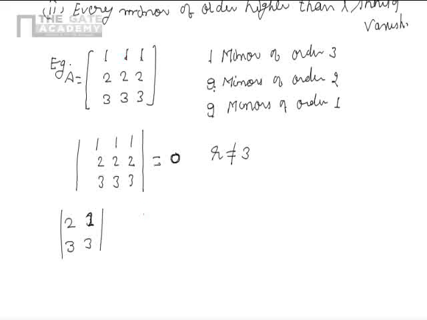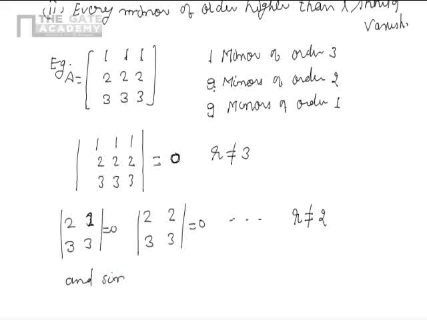For A12 I can write 2 2 3 3, and similarly all the minors I can get. If you calculate all the minors, then in this case all the minors of order 2 will become 0. Then in order to see the first order minor, if at least one of the elements is non-zero, then the rank will be 1. Since all the 2 by 2 order minors are 0, I can write rank cannot be equal to 2,